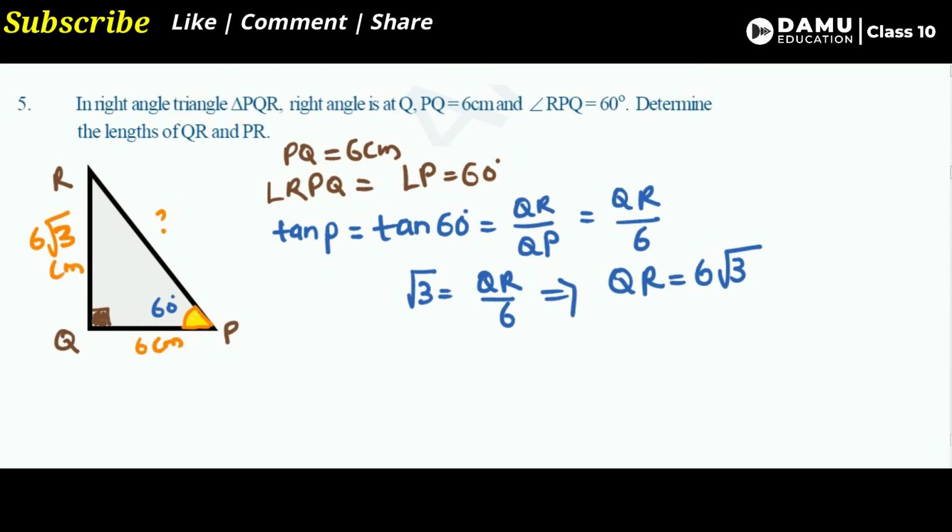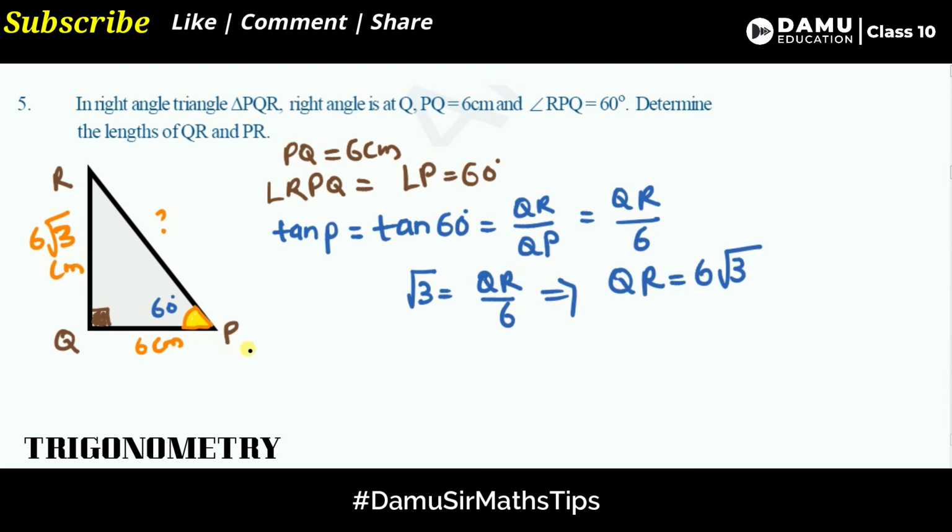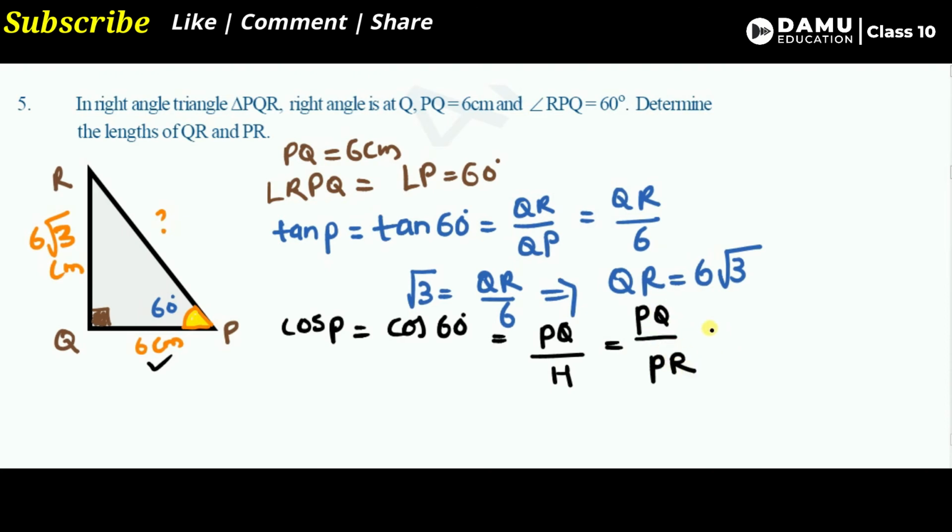And the next one. What is our next one? Here you need to find the hypotenuse. So based on some rules or conditions, since the hypotenuse is there, you can simply take cosine P or sine P. Sine we can take as sine 60 degrees, or cosine P. So let's take cosine P. Cos P will be equal to adjacent side by hypotenuse, that is cos 60 degrees. This is the adjacent side, PQ, by the hypotenuse, which is PR. So that implies cos 60 degrees, we know that, is 1 by 2.